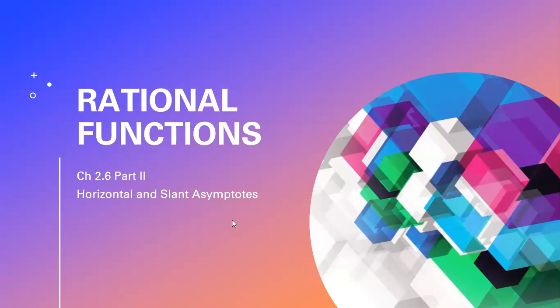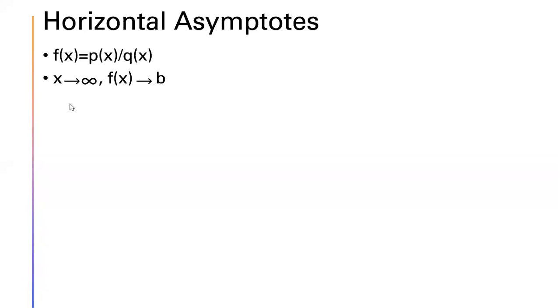Hello, this is the first in a three-part series on rational functions. This video pertains to horizontal and slant asymptotes. There was a previous video on vertical asymptotes, and we'll have a third one that puts everything together to graph a function. So here, for a horizontal asymptote, we're looking at a rational function, f of x is equal to